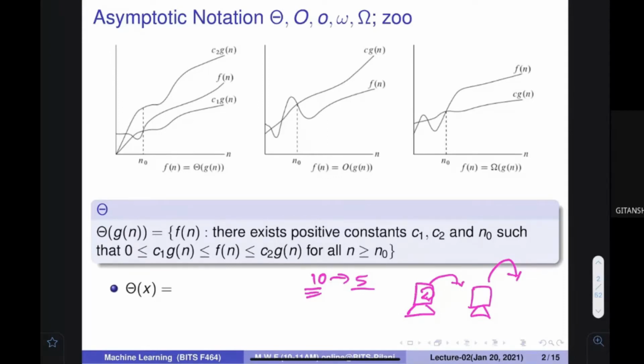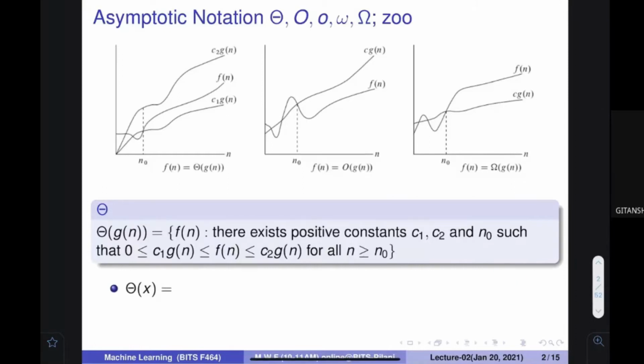Here, whenever we try to analyze, we want to see how the time taken by a particular algorithm changes as the input size increases. So we are more interested in that. We are not that much interested in the actual number of instructions taken and the time taken by that particular algorithm. So a new notion has been developed, and that is called the asymptotic notation.